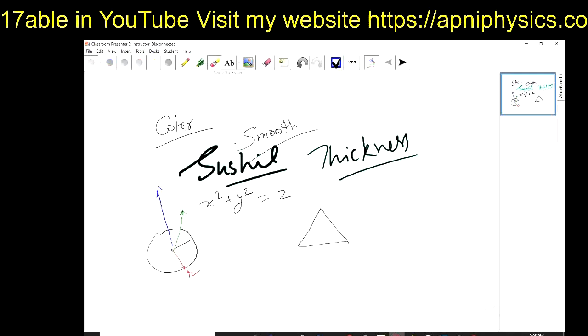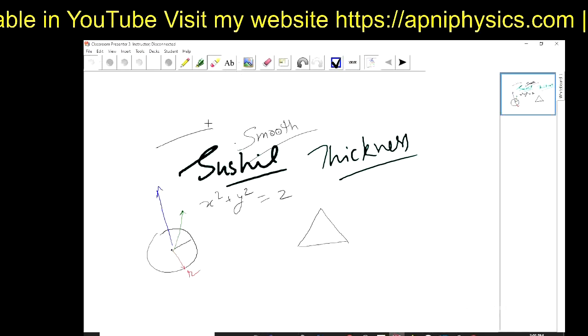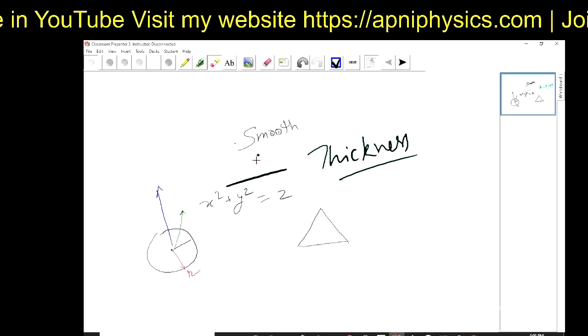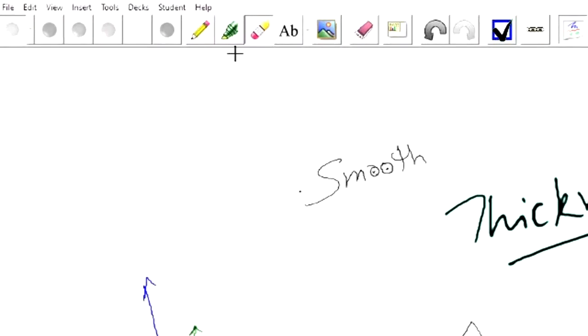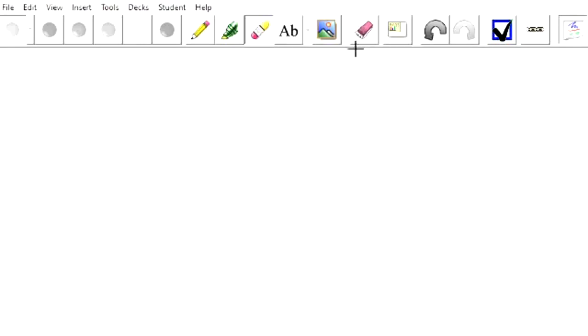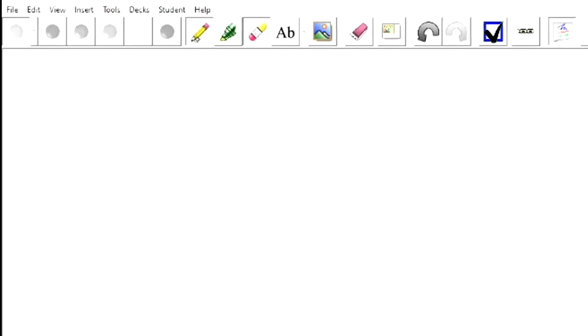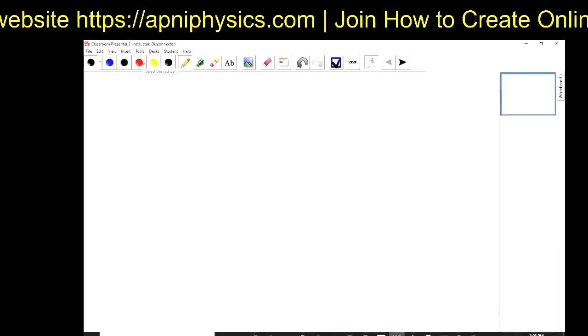Now suppose I have to erase one part, so I will erase it one by one, right. So I can erase using this eraser, but if suppose I want to erase the whole thing immediately, I will click it, and now you can see. Then after, select the pen and use the pen.